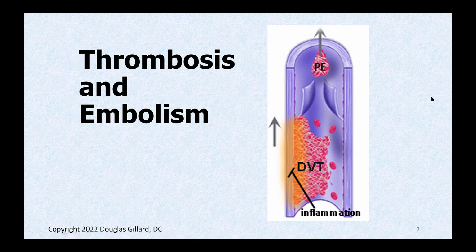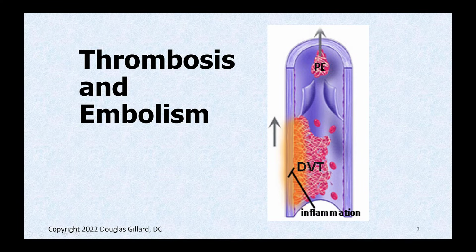So thrombosis and embolism. We've been talking about this quite a bit, but this is a thrombosis. It's a process of blood clotting. We shouldn't really call it clotting, even though it's kind of handy to say clotting. But this thrombus broke off, and once it breaks loose, remember this is a flowing river of blood, it flows downstream, and once it breaks off, it's called an embolism.